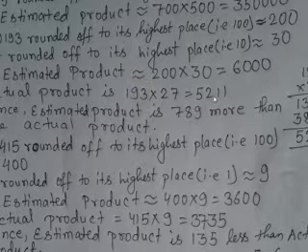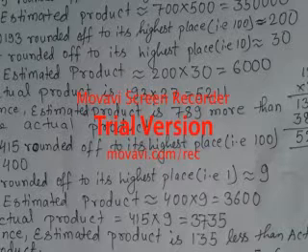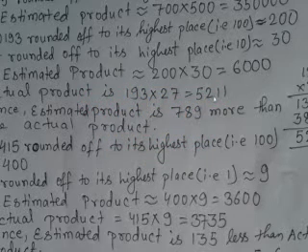So I had written over here, hence the estimated product is equal to 7, 8, 9 more than the actual product. Okay, now if you leave 425,